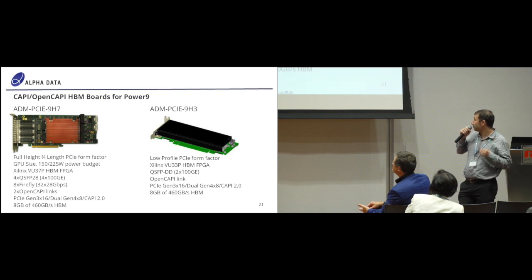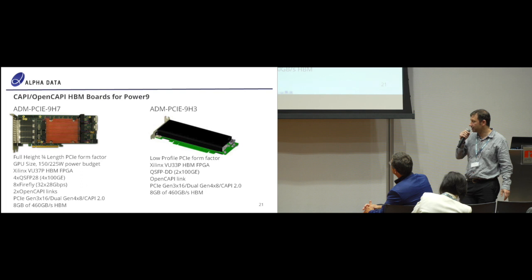This board has multiple OpenCAPI links and is possibly capable of 4, 8 or possibly even 1,200 gigabit per second links, and the HBM may give a good advantage in terms of having a sort of buffer for retry data, if not necessarily for any low latency data requirements of